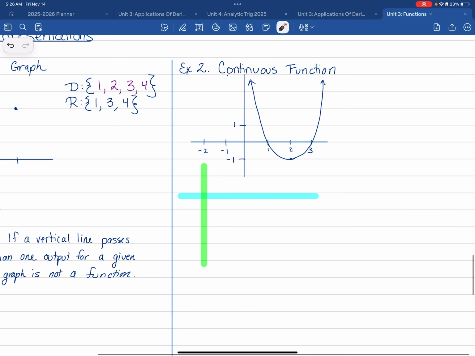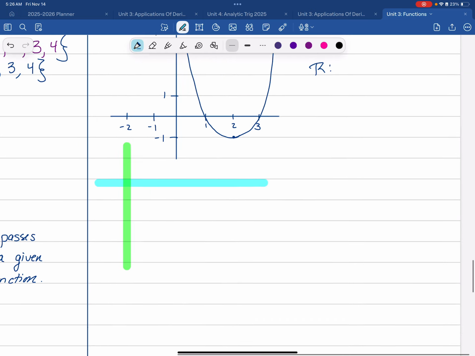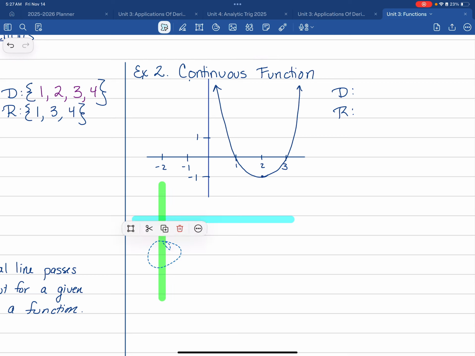And so for this continuous function, we're trying to figure out a couple of things. We're trying to figure out what our domain and our range are. And we're also trying to figure out, well, we already just figured out, but it will kind of reinforce, is this a function or is this not a function? So to start off with our domain, I'm going to go ahead and take this green little vertical line and I'm going to travel it along. And so as I'm traveling along,